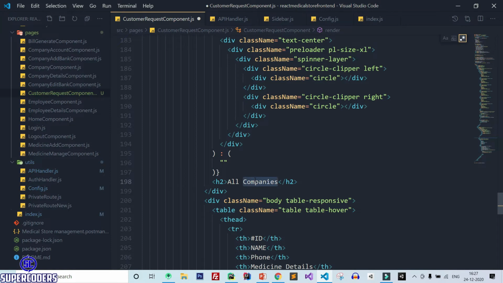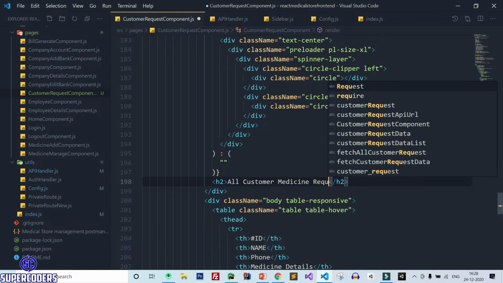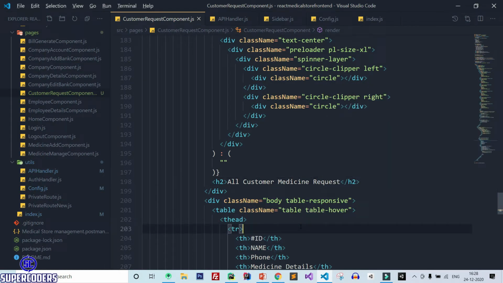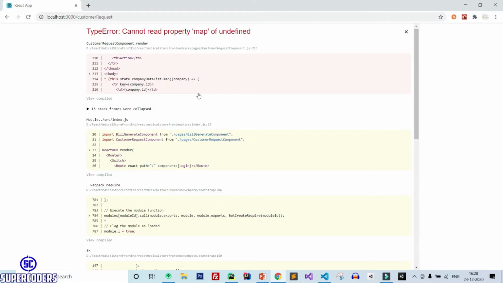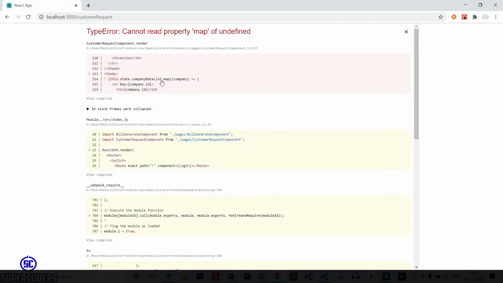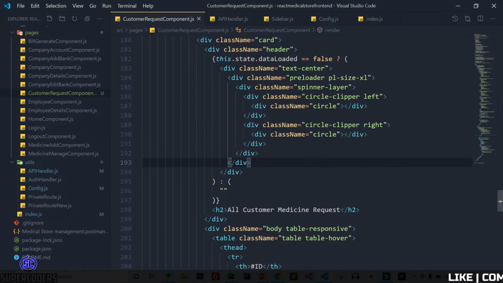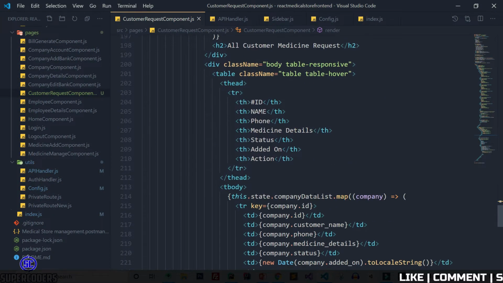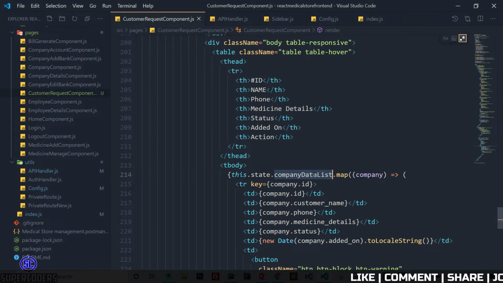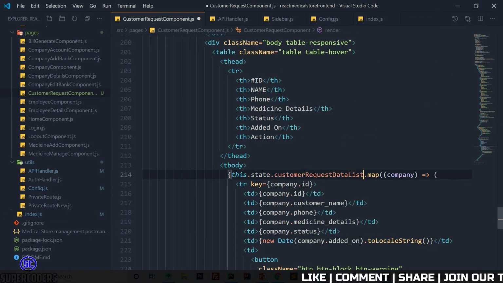Now all customer medicine request, save it. Now let's check it's working or not. So back to Chrome and it is showing cannot read property map of undefined which is in company data list. So let's see company data list, where is, okay, here it should be customer request data list. Save it,